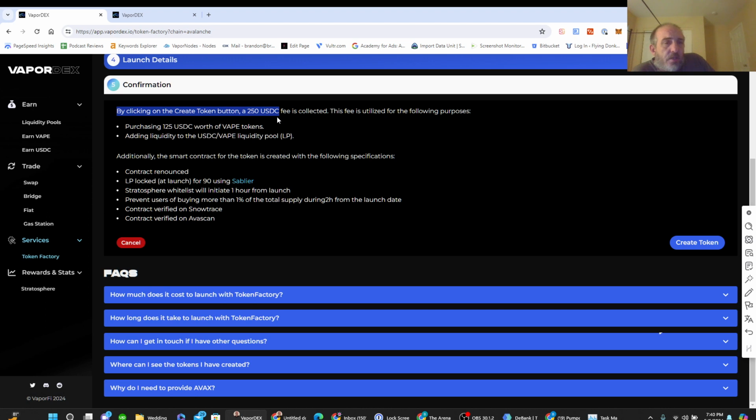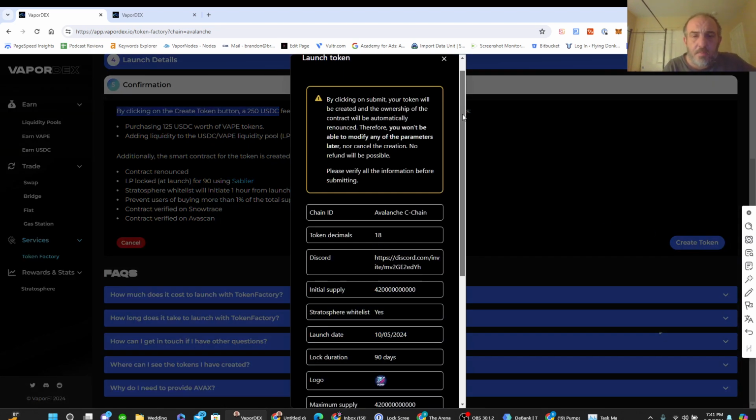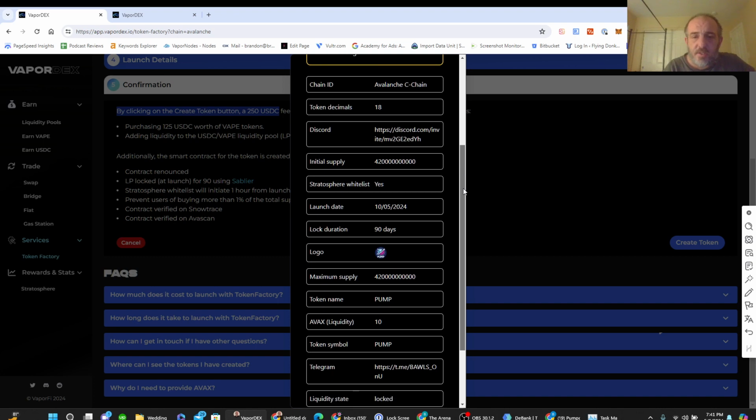When you create the contract, it will renounce the contract, lock the LP for 90 days using Sabler, provide Stratosphere whitelist if you have it checked, prevent users from buying 1% or more during the first 2 hours from the launch date, and it will verify the contract on Snowtrace and on AvaScan. So you click create token, and this page comes up, and it's just a summary of everything you've done,